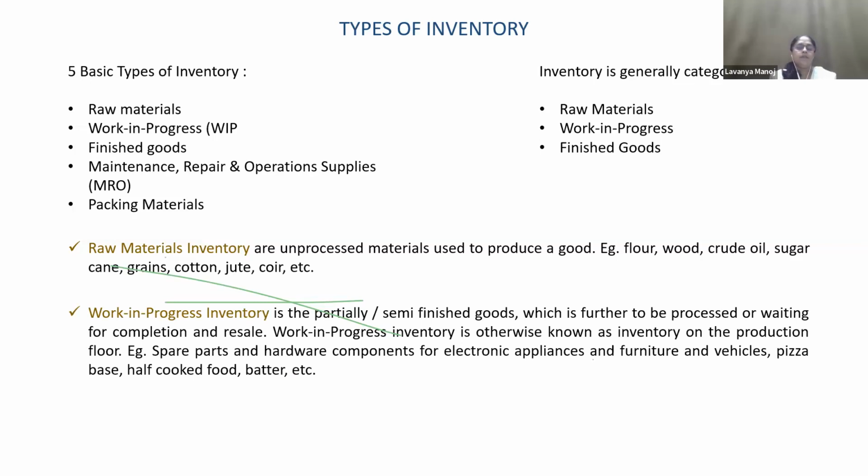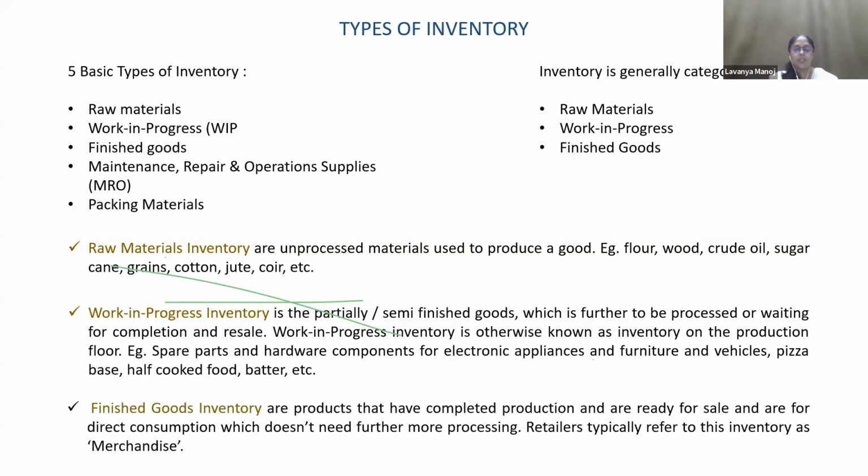Okay. So it's called spare parts. Spare parts can't be used directly. It's not a complete product. So the spare parts have to be assembled to make it a complete whole product, so that it can be made use of. So these are the examples: spare parts of automobiles, spare parts of electronics, spare parts of other accessories, and even food items, like batter or whatever it is. These are half processed. That is the work in progress inventory.